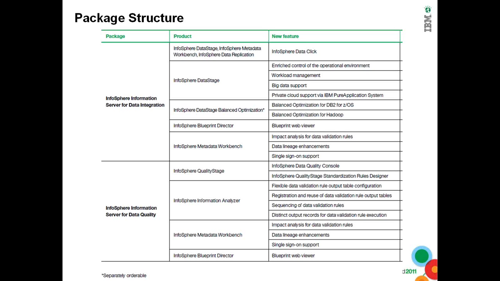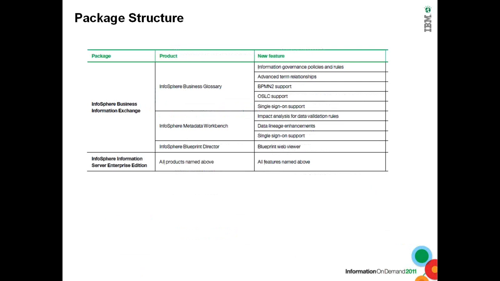It will give you an idea of what each package contains in terms of products. I'll hold this for a minute and then I'll change over to the next one. I'm changing to the next one.